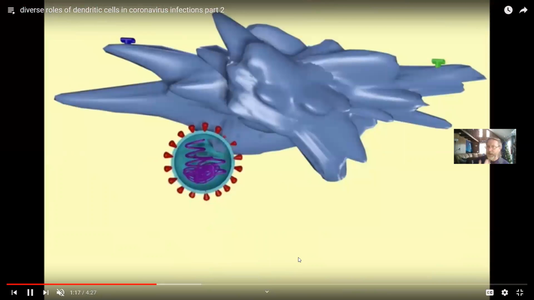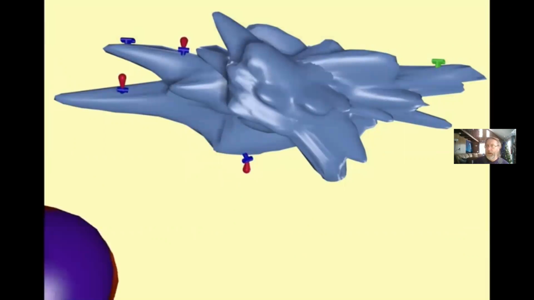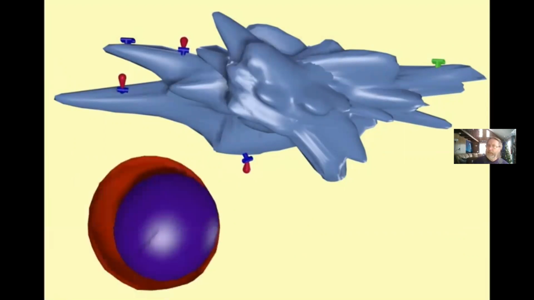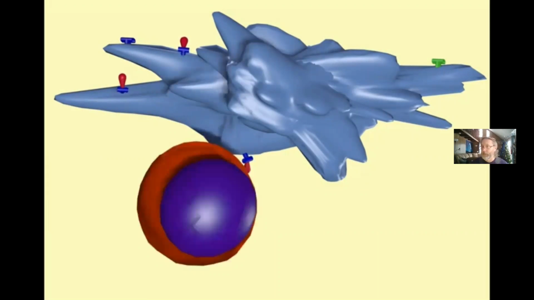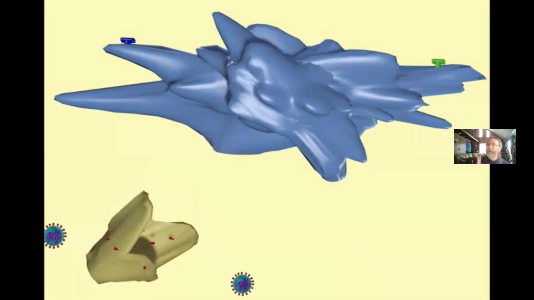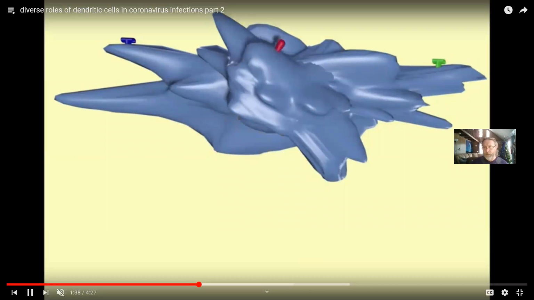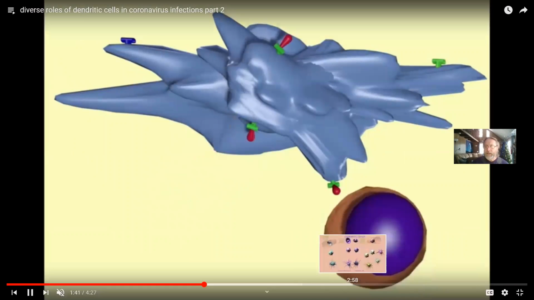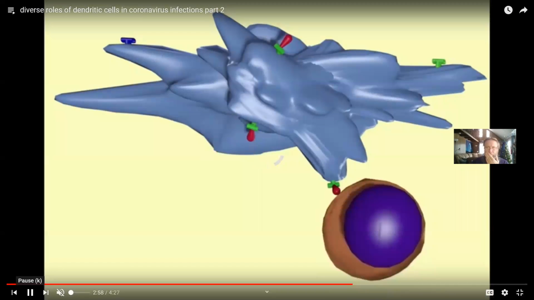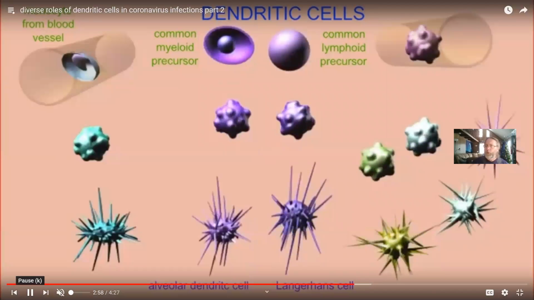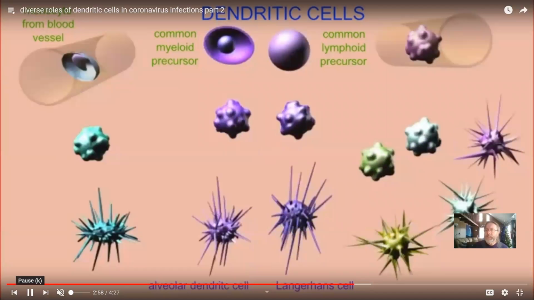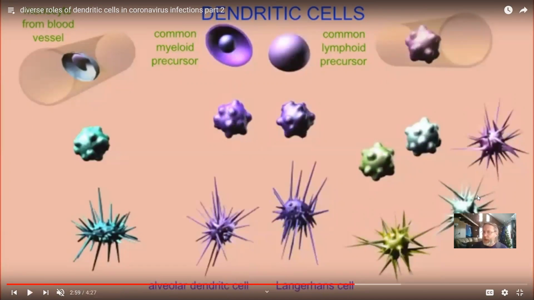One other thing, and I'll mention it with the vaccine, dendritic cells are worth focusing on for one huge reason. A lot of cells activate lymphocytes and present to lymphocytes in one place, like in the lungs or at a site of infection. But there is something that dendritic cells can do that is unique. And it's only some of the dendritic cells, as there are different classes. I have more videos, but that goes beyond this. Look at all these kinds of dendritic cells. What some of them can do after they, say, interact with a